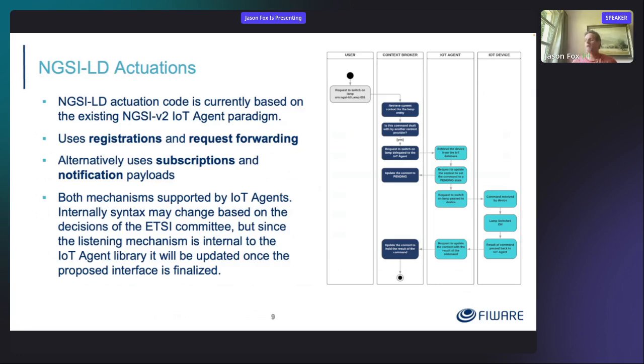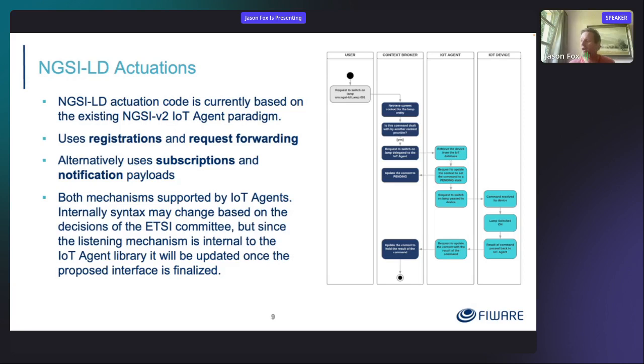Actuation is one of the standard forms of registration request. It is the default which is used by Orion LD today. It is probably going to need a little bit of tweaking once the 4 forms of registration are properly defined. It's just going to be a flag, so it's not a major change, and that will be done within the